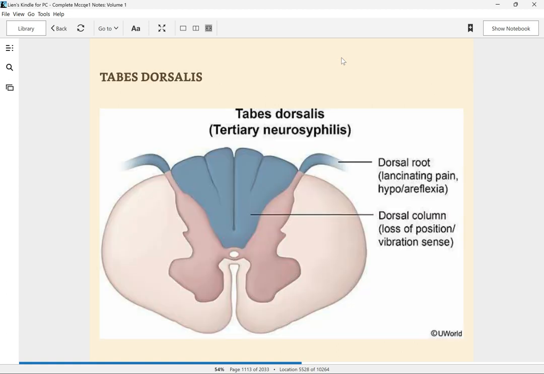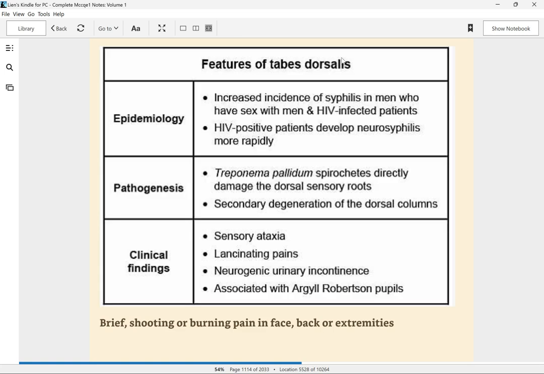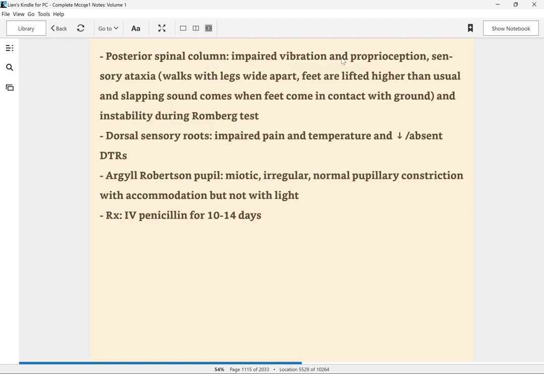Tabes dorsalis. Brief, shooting or burning pain in the face, back or extremities. Posterior spinal column involvement causes impaired vibration and proprioception, sensory ataxia: the patient walks with legs wide apart, feet lifted higher than usual